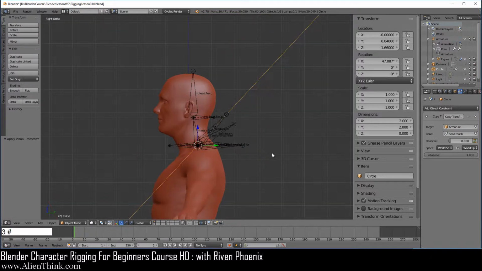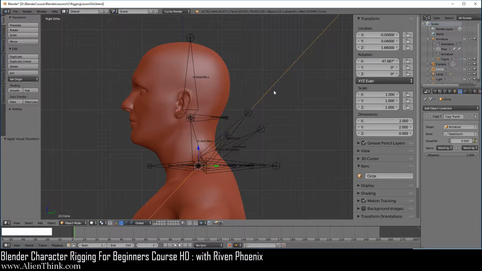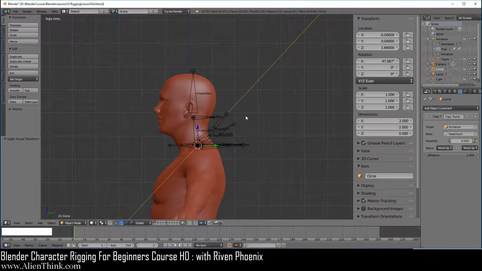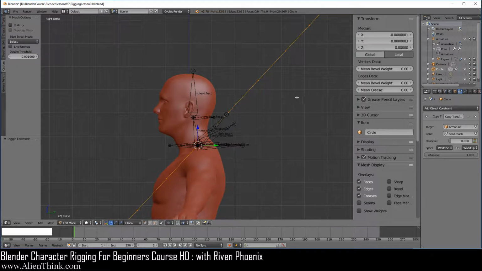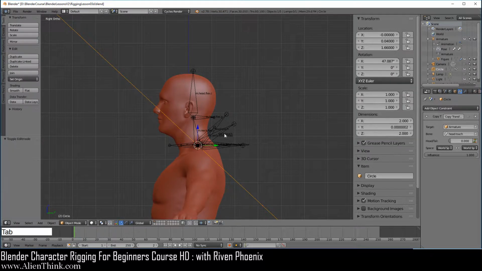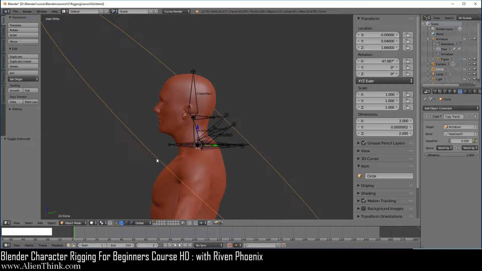Now press the 3 key. Okay, so now of course what we need to do is align this circle correctly, right? So we can press the Tab key to go into edit mode and press the R key, press the Control key down, and just rotate it by 90. You have to look on the header. Okay, now go ahead and left click. Now press the Tab key. So here we've got this circle correctly aligned and rotated.